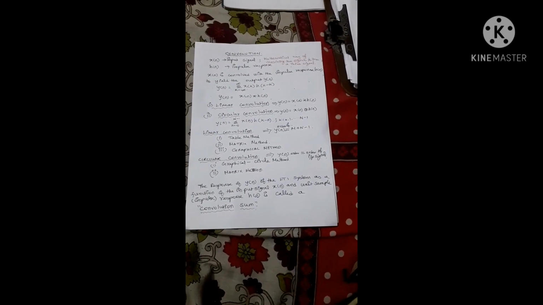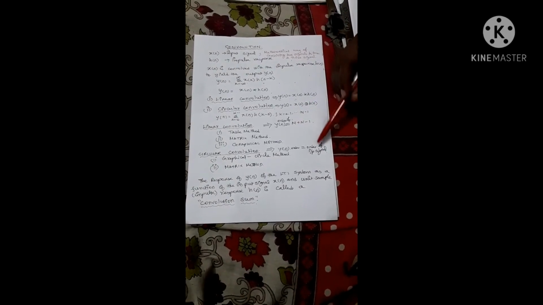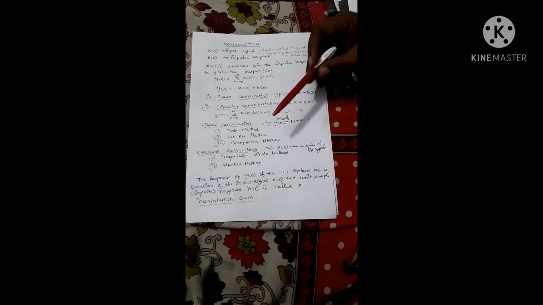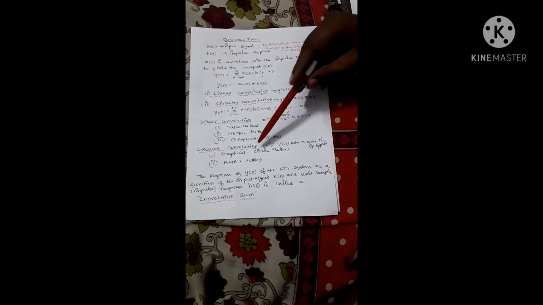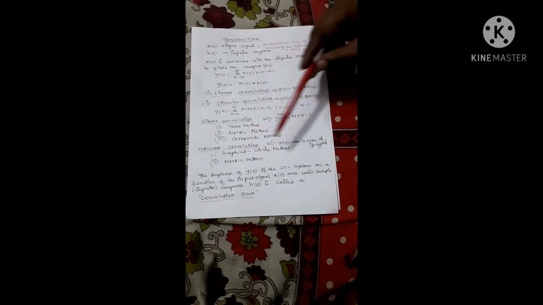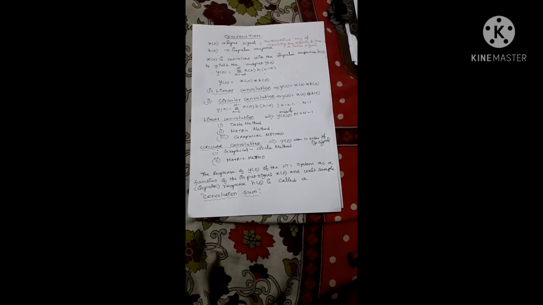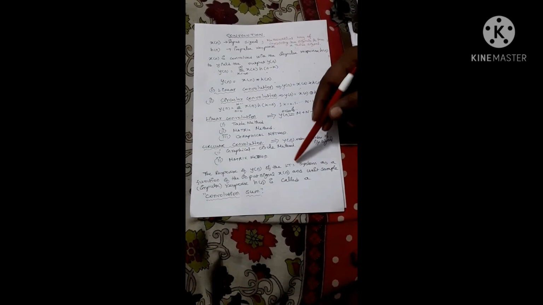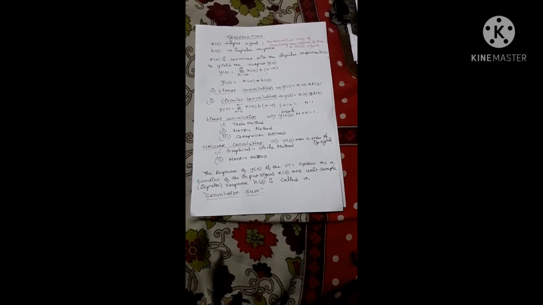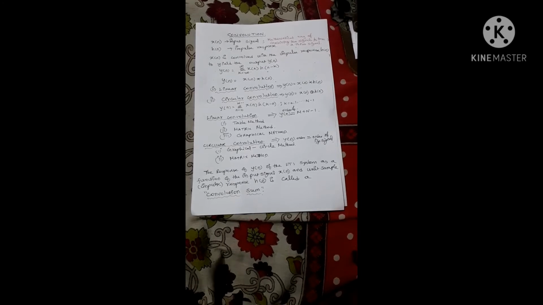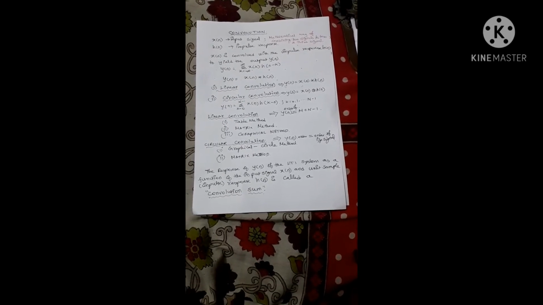In circular convolution, the order of y of n is equal to the order of the input signal. We can calculate circular convolution by two methods: one is the graphical circle method, another is the matrix method. The response y of n of a linear time invariant LTI system as a function of the input signal x of n and the unit sample impulse response h of n is called the convolution sum.